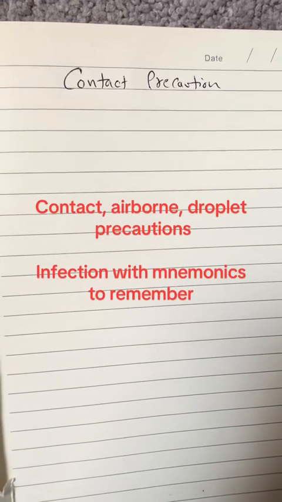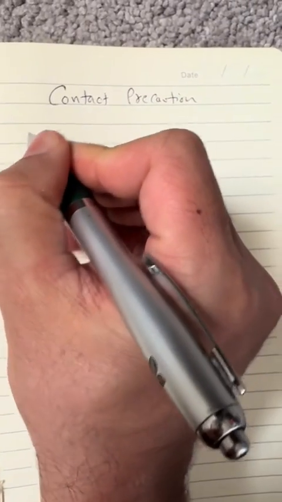So during your exam, you must know about three types of isolation: contact precaution, droplet precaution, and airborne precaution. You also need to know what you're going to wear when you enter the room. You also need to know what diseases come under which category. So under contact precaution, the mnemonic is